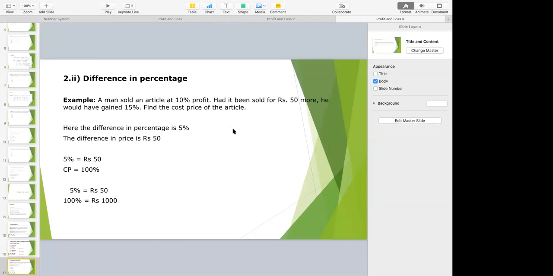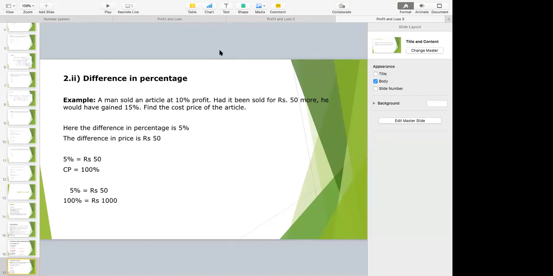See, you can make those equations. Initial selling price is 1.1 times X, final selling price is 1.15X. So according to the question, 1.15X will be equal to 50 plus 1.1X. And from there, you can get the value of X. But that is not my concern. That will take time. Try to understand why I am only showing you one particular method, which is very easy.